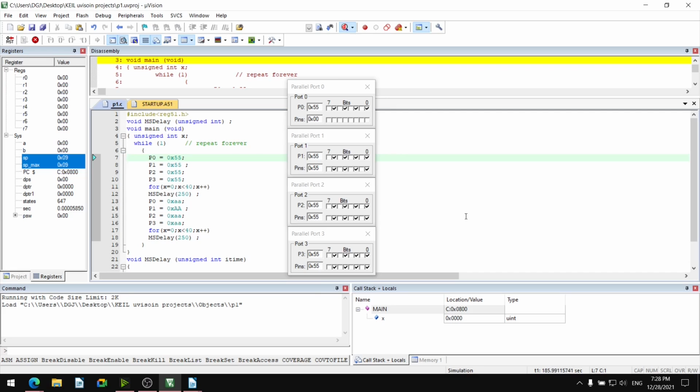And the delay we have kept approximately 40 times ms delay will be used.